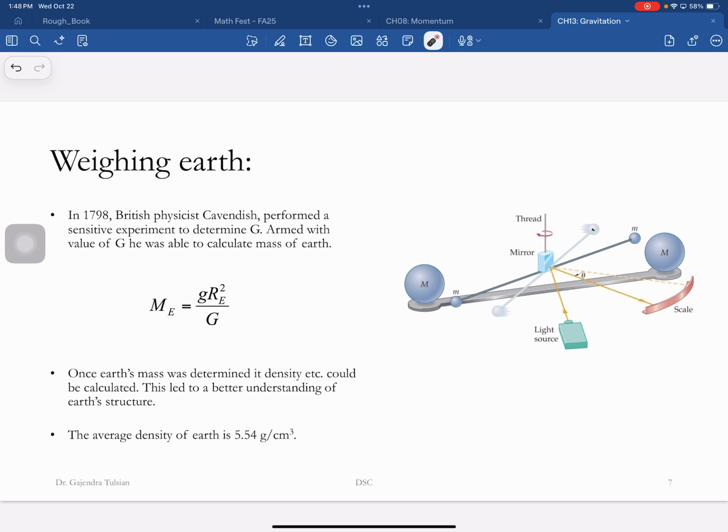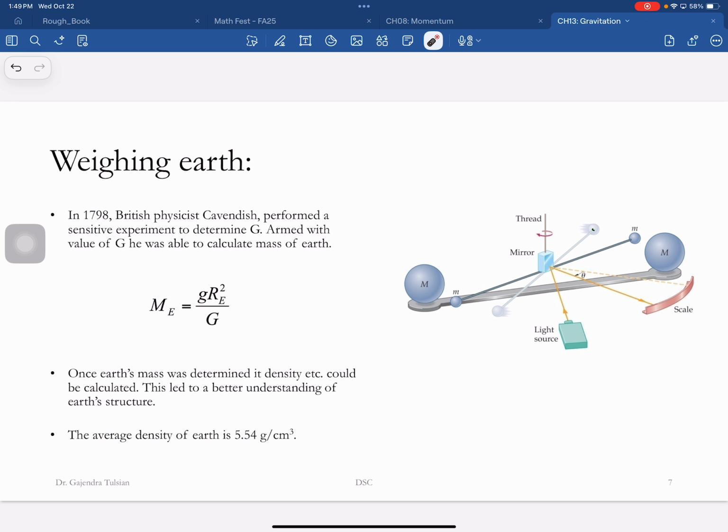Remember, Newton came up with this law of gravity in 1687. About 115 years later, in 1800, G was measured. This is called weighing the Earth, because once G was measured, that's when we knew the weight of the Earth. We had no idea about the weight of the Earth till 1800. And in fact, the day that was measured, we knew the weight of the sun, and so on. That's why we call this experiment weighing the Earth. And here's how it was done.